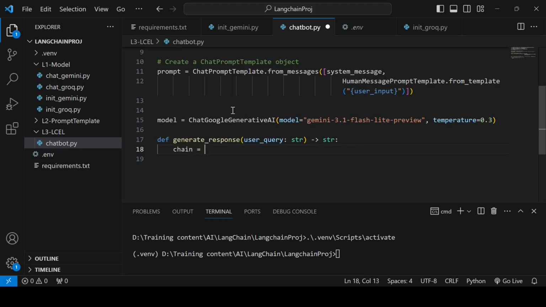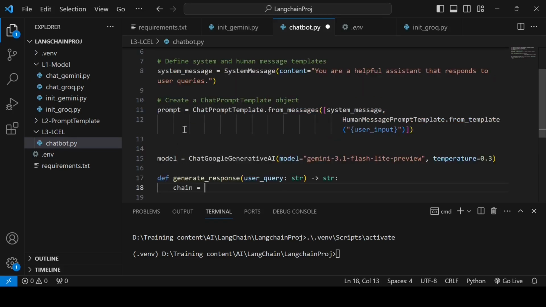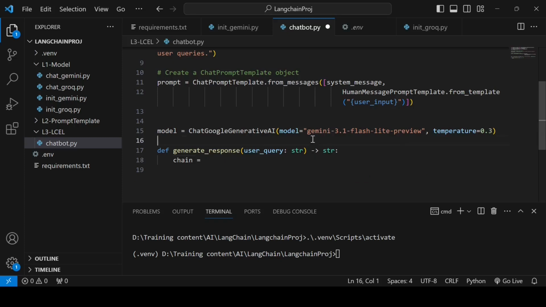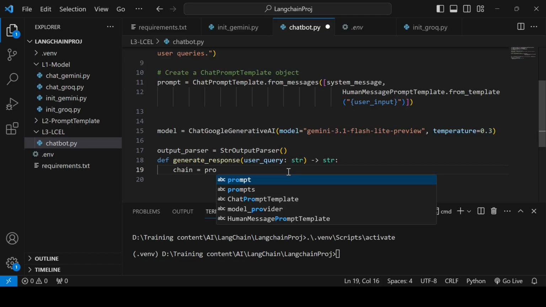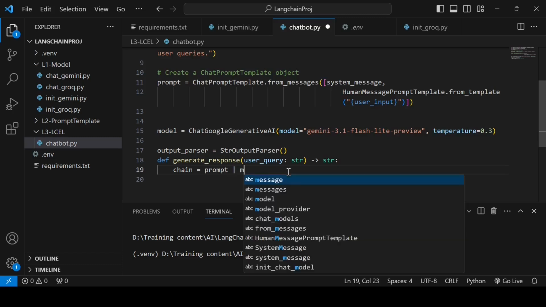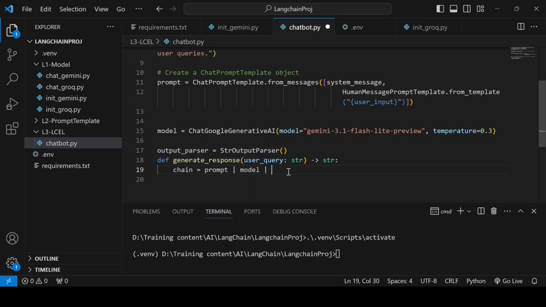So using this, now we can create our chain. So chain will have these things, right? I have to create that parser also. So I can create output_parser, which will be an object of this StrOutputParser. So now I have all the things. So I can create prompt, model,